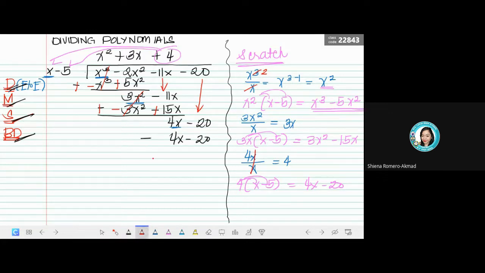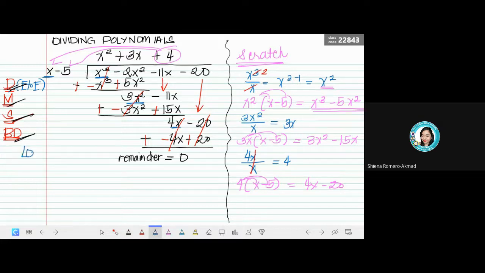Subtract, change the sign, and proceed to addition. This will be 0, and this is also 0. So kung 0, 0 na yan, we have to just write it here. Ibig sabihin, ang remainder natin is 0. Okay? So that is how you divide polynomials